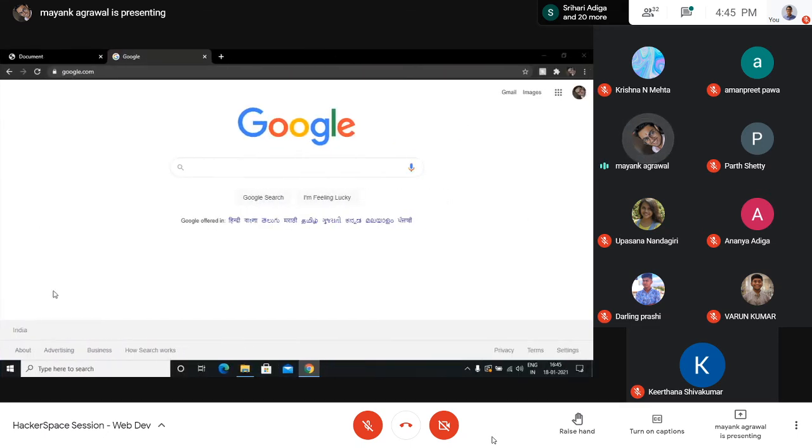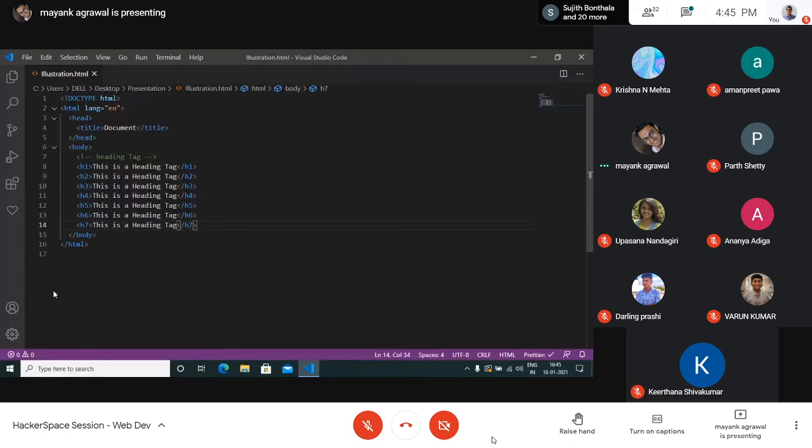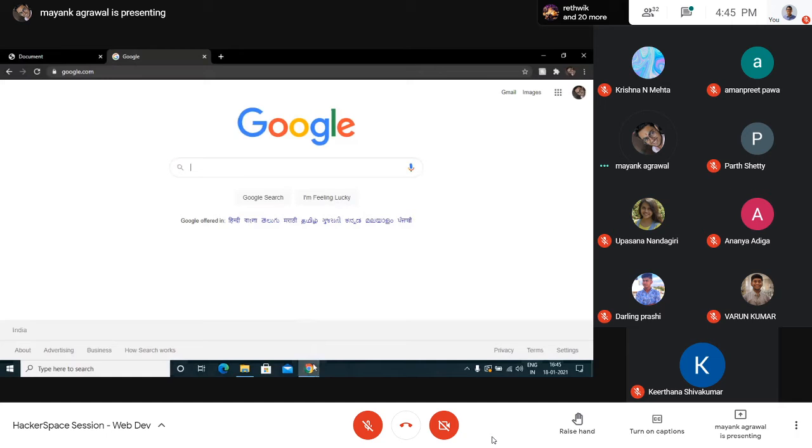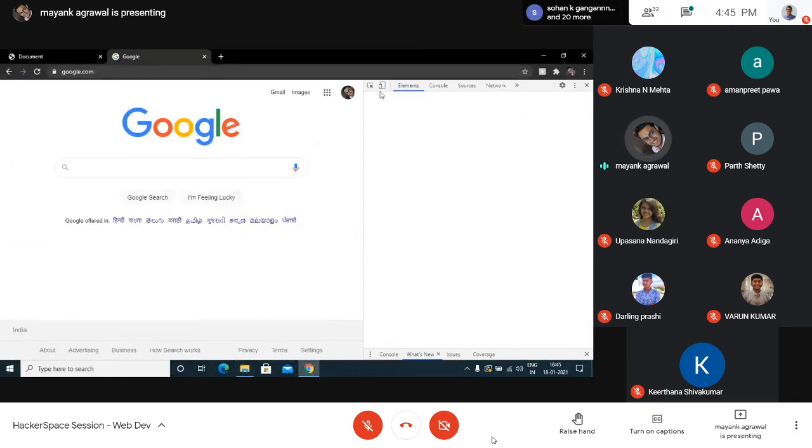Yeah, now getting back to where we were, the heading tag. After the heading tag, we have the link tags. But before link tags, I also want to show you one more thing, which is the divisions. Like, inspect again.